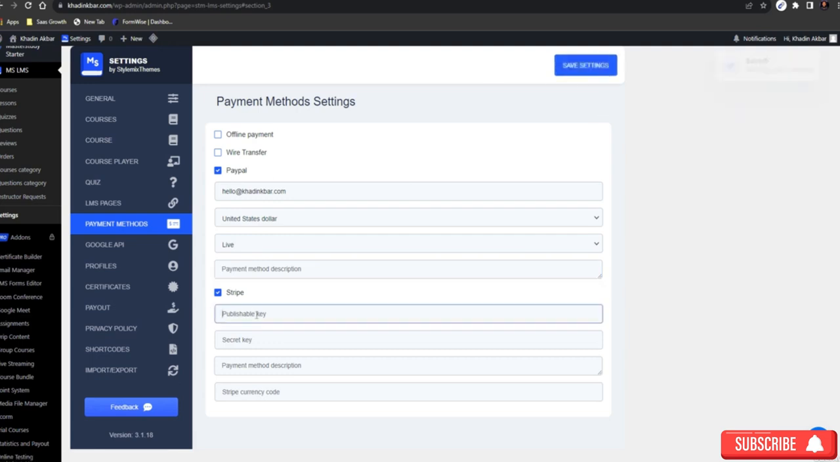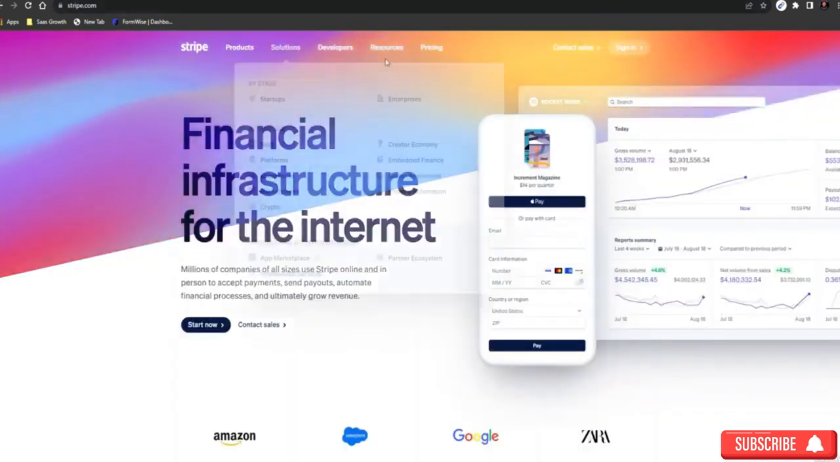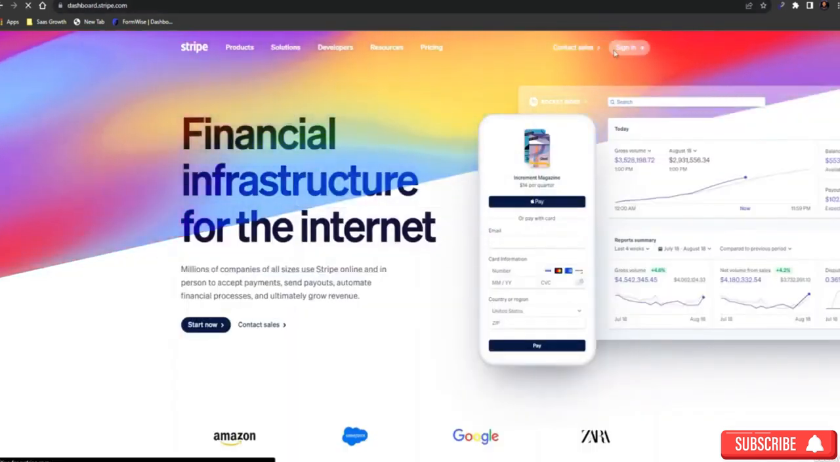And now we want to add Stripe. Now you need the publishable key, secret key, and payment method description of your Stripe. And how do we get it? You just have to go to Stripe. And creating a Stripe account is very easy. You just have to go to stripe.com, and then create an account like you create on